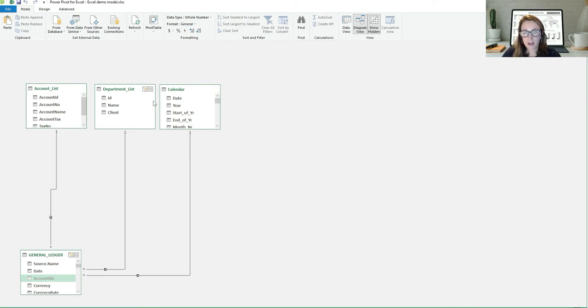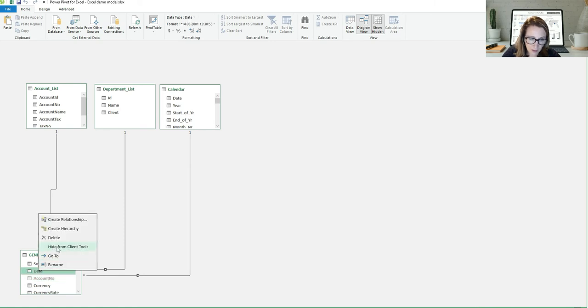I really want to pick my parameters from these lookup tables, not down here. So let's also hide that from client tools, because then it makes it easier when I'm actually in Power Pivot to figure out which field I want to pick, because of course it can get quite complicated as the data model grows. So let's again just minimize that